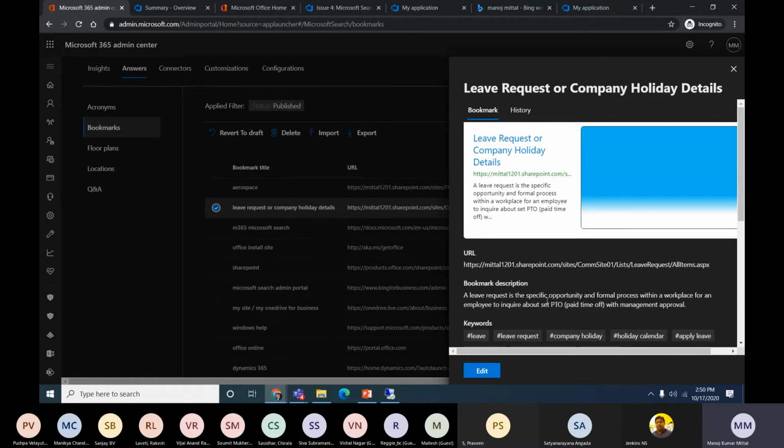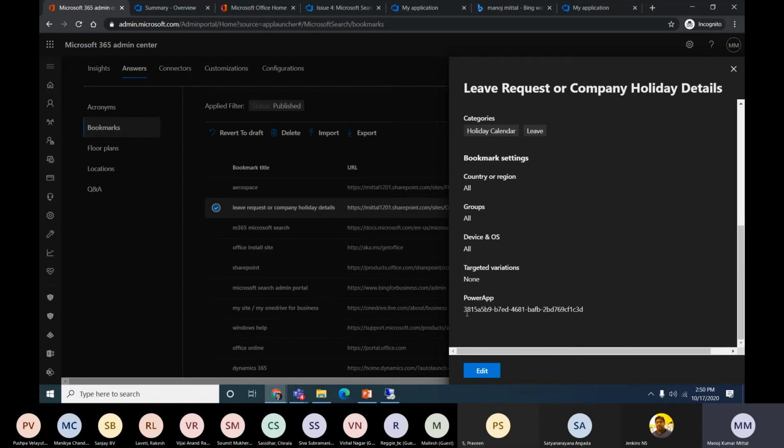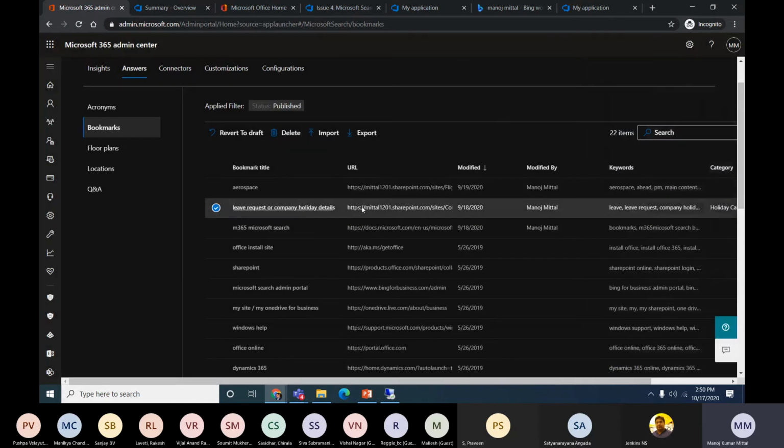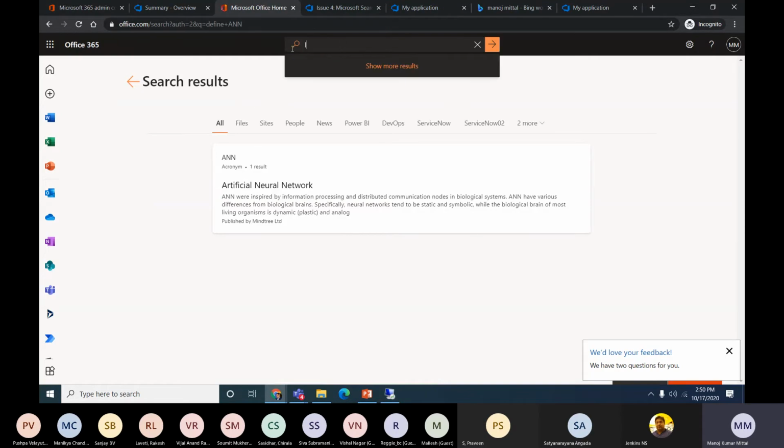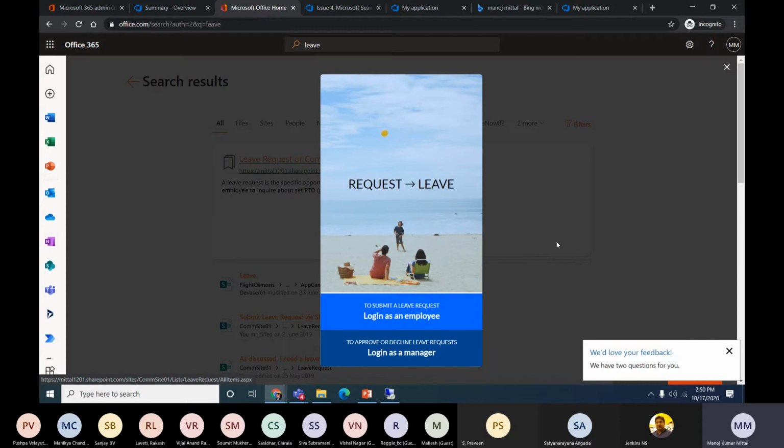All the users can find their own detail. There are a few descriptions, a few keywords, just categories, nothing else. Again, move to the last one. It's my Power App ID. This Power App ID I have shared with my organizational users. So once I click on save, it will start appearing like that. And if I go back to this section and search for leave, which I have as leave request, company, holiday, this promoted result will start appearing here. And this is the default interface, where we can add as much information as needed to cover this space as a description. And the preview of the applications will come up, showing the designs we have given. So we can just start working on these sections.